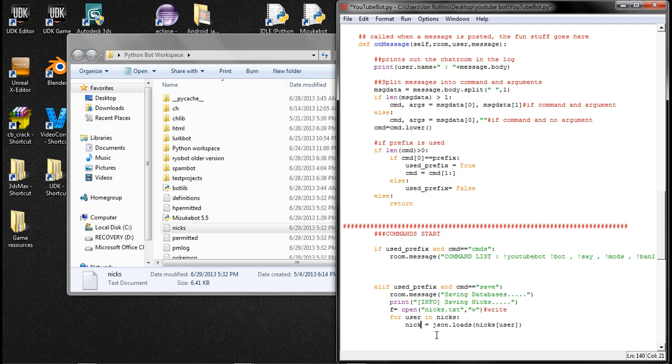See, there I made a mistake. We're going to load Nick, and then we're going to write f.write. It's going to write one line for each time it loops through. So for each user in Nix, we're going to set this, and then we're going to write,